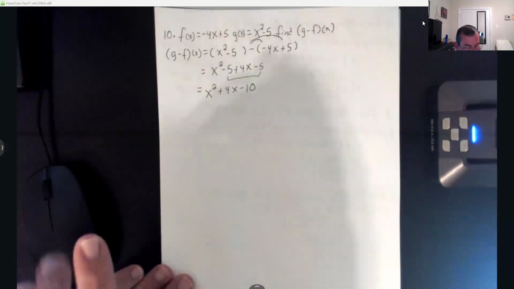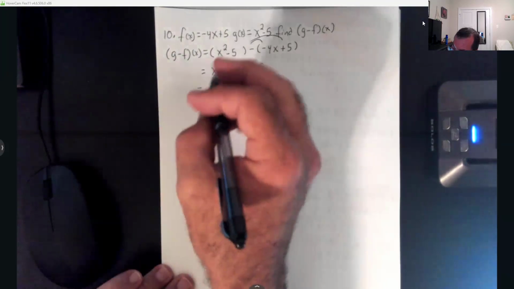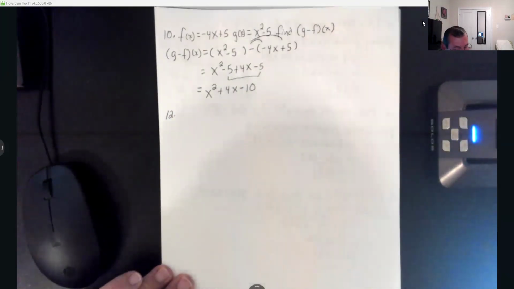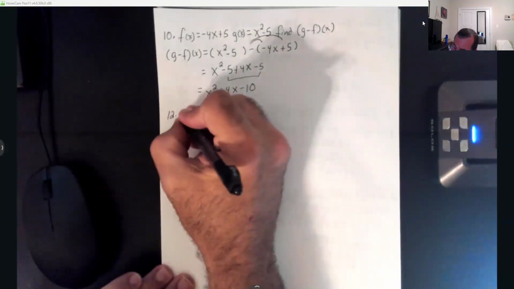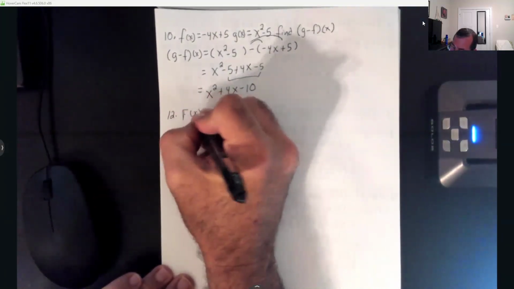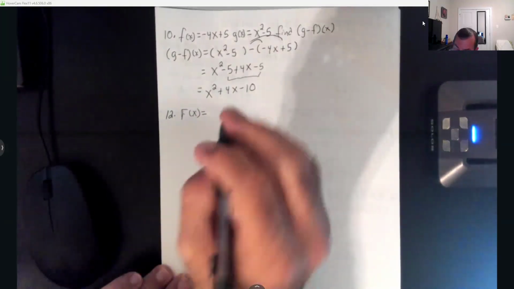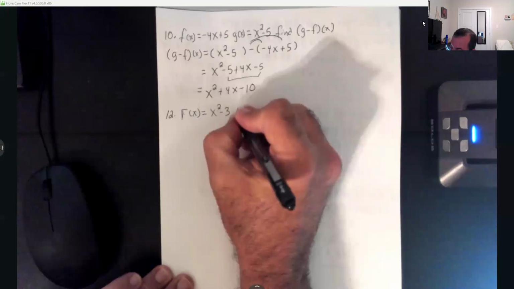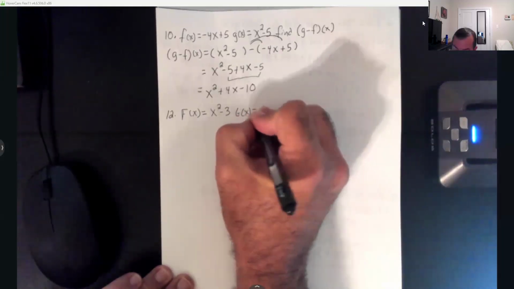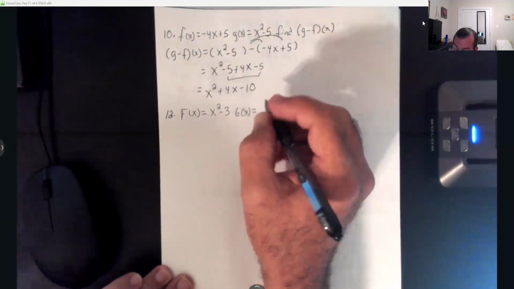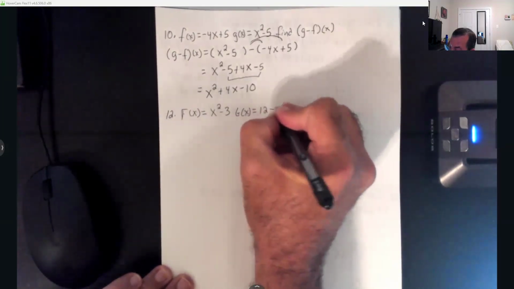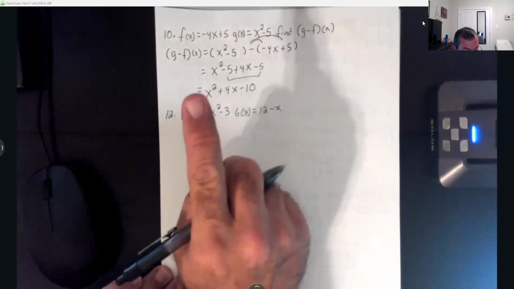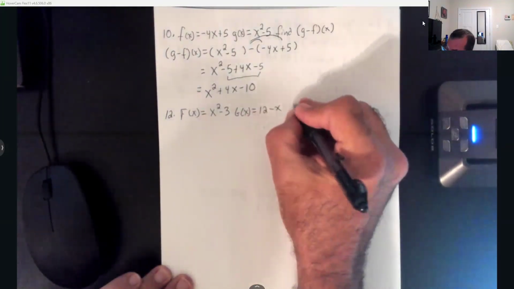All right, so 11 is just putting in a number doing that. So I'm going to skip to 12, because 12 is tricky here. So y'all watch this one. F of x is going to equal x squared minus 3. G of x is going to equal 12 minus x. So I've got my two functions, but y'all look what they want me to find on this one. They want me to find